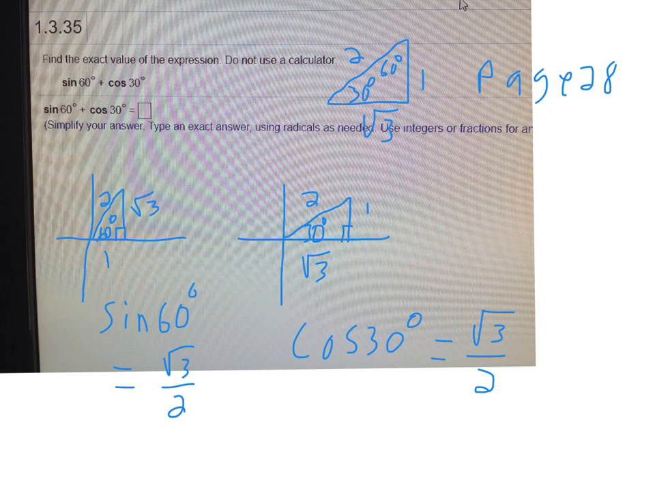So I got your question here. You want to find the exact value of the expression. Don't use a calculator. So they want you to find this exact value. And so on page 28 in your book, and maybe you watched it on a video, they show you this